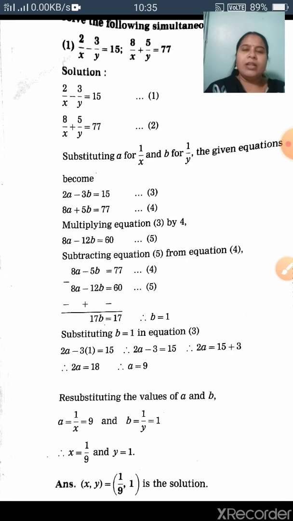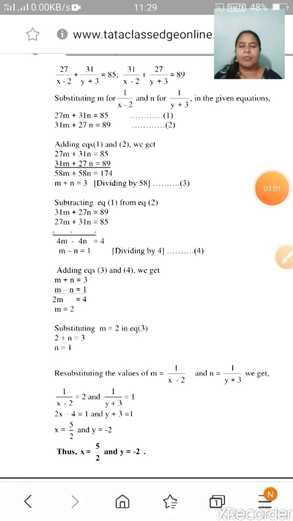Now we will go back to question number 3. Now let's see the third sum of the exercise. I have already solved it for you. Although the solutions of such questions are lengthy, it is absolutely not difficult as we have already done such questions in the previous exercise. The only step which is different is that you have to first reduce this equation to linear form.